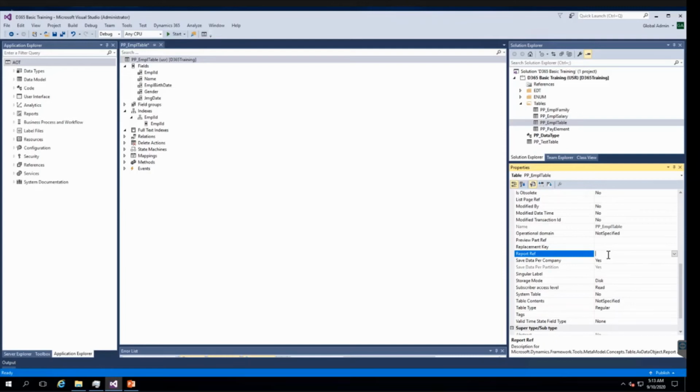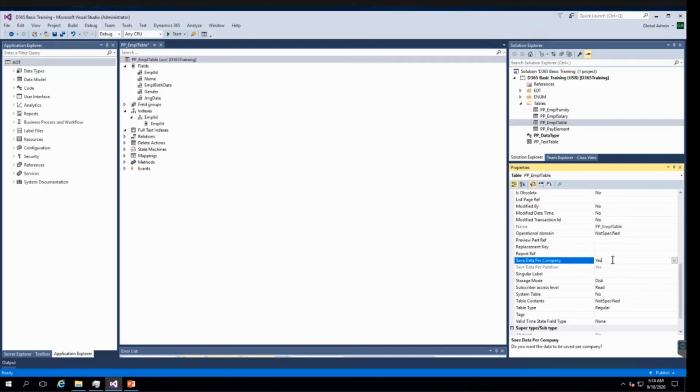So directly when you use a primary index field on a report, this report is available as a link in the report. So same concept: whatever the primary key is, if I put the output menu item here, then whenever I use that primary index in any report, this report will get linked to that primary index field. This we will see practically when we see the report and form section. Both form ref and report ref are very important properties.